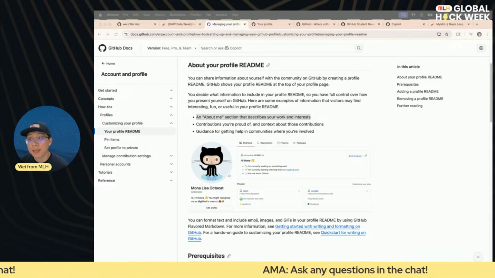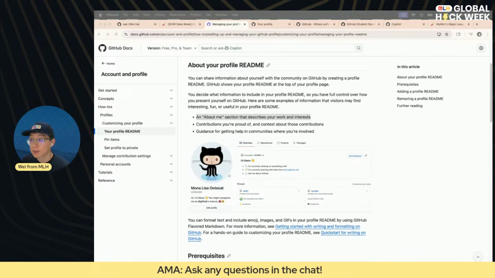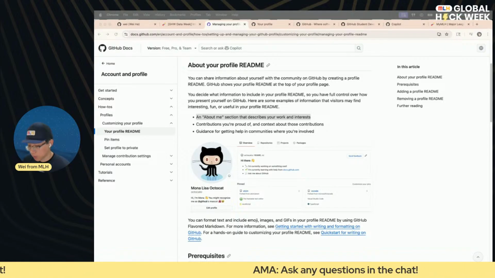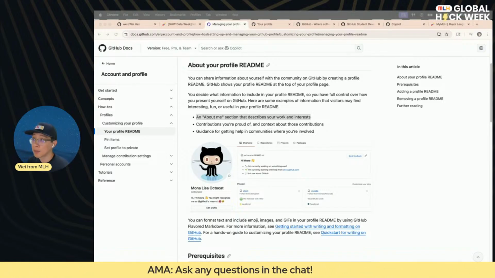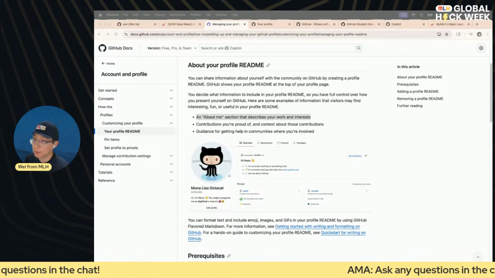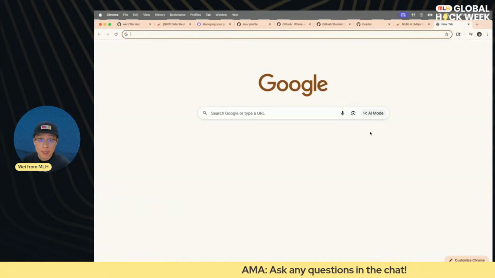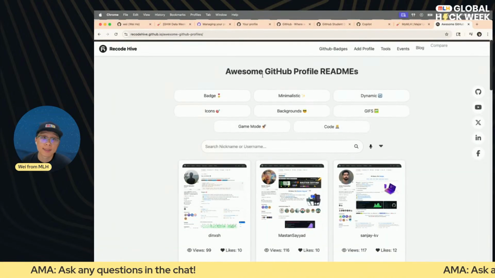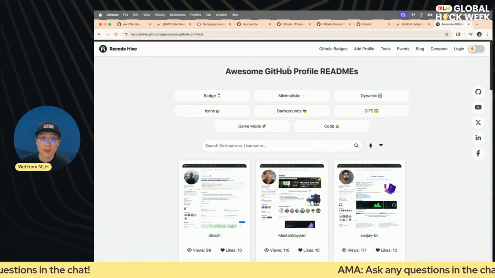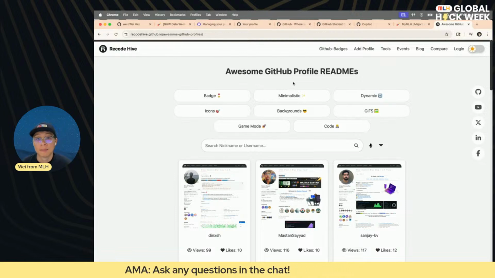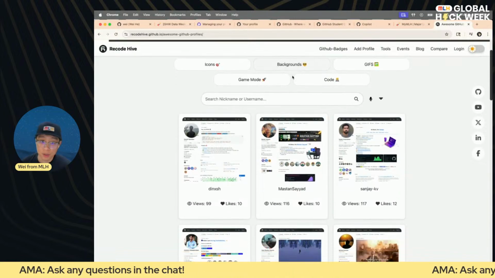Let's take a quick look at some of the awesome GitHub profiles on the web. I will share two links here, and we'll go through some of them together. Make sure you take note of the ones that you like so that you can copy some of the elements and best practices they have in their profiles. Here is the first link I shared. This webpage has some awesome GitHub profiles with a ton of amazing information, design, elements, widgets, etc. that you can really leverage in your own profile.